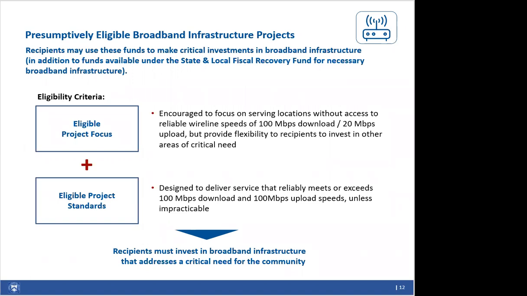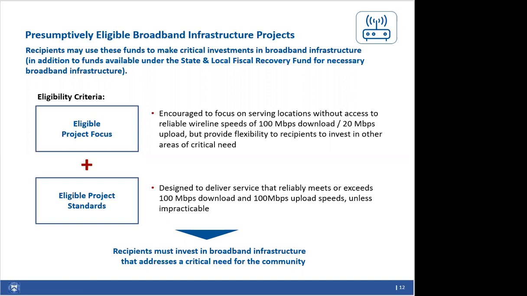So, a few examples of broadband infrastructure projects that are presumptively eligible include, first, a high-speed fiber broadband network in a rural area of a state where providers have historically been hesitant to go because of the cost. A second example might be a fiber municipal broadband network in a low-income urban neighborhood where the majority of residents don't have meaningful access to broadband because current options are unaffordable to them. And a third example might be a fiber-based Wi-Fi build-out in an affordable housing unit, providing high-speed, reliable, no-cost or low-cost internet to households living in the building.